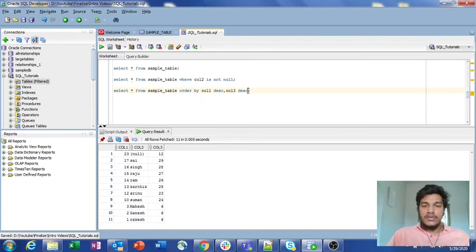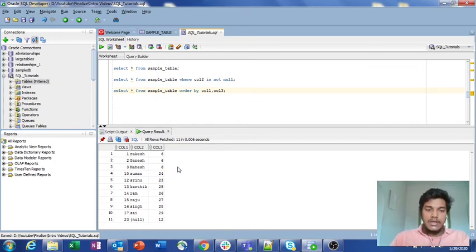Previously we did not mention the descending order, which means by default it took ascending order. That means column 1 was presented in ascending order, as well as column 3. This is the previous output, right? I am running it again. What we have is column 1 as 1 and column 3 as 6 in descending order, and column 3 values 3 and 6, then 10, 24. So it sorts based on column 1 and column 3.